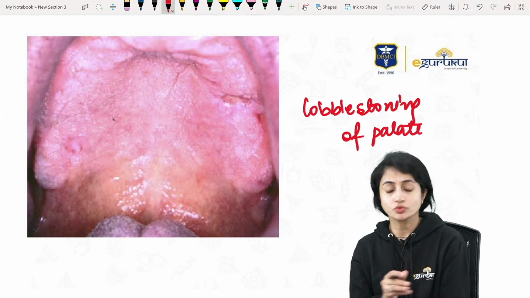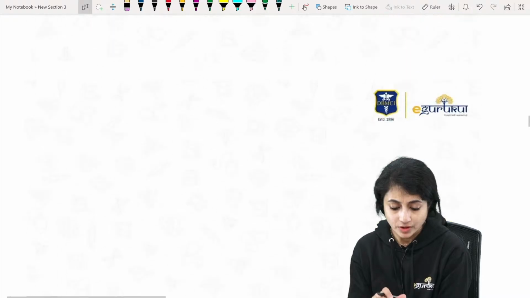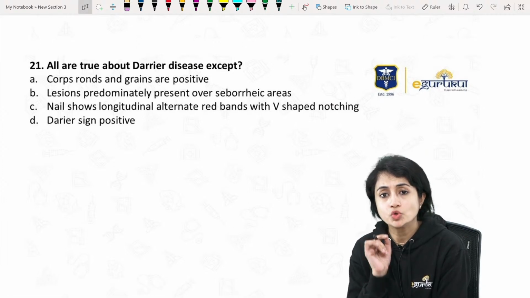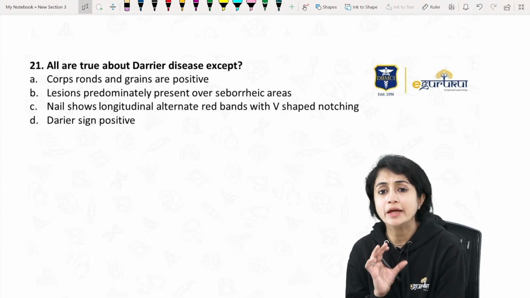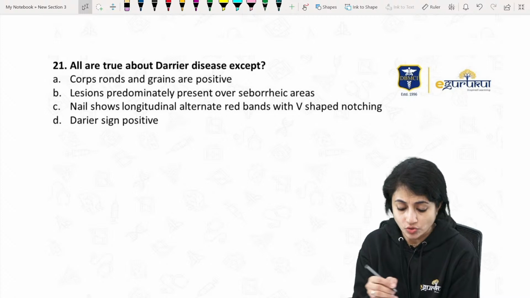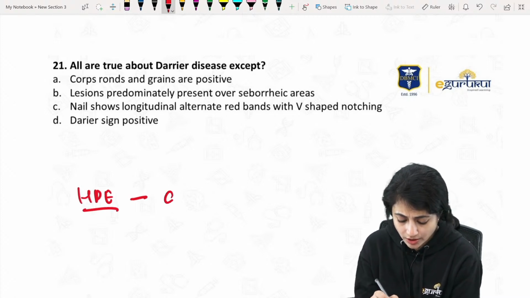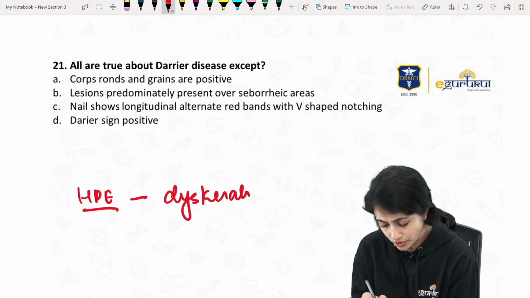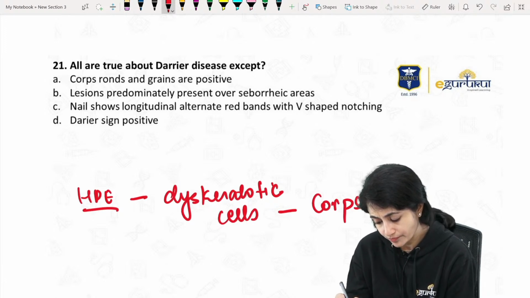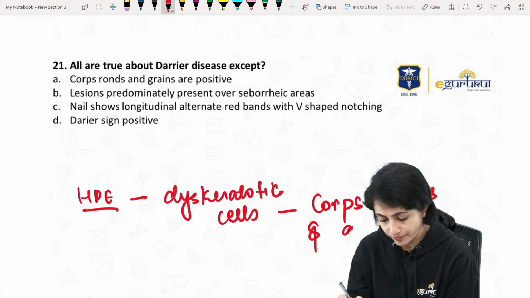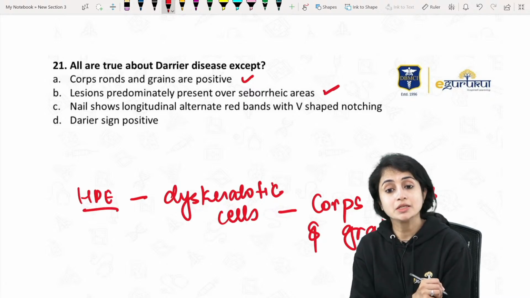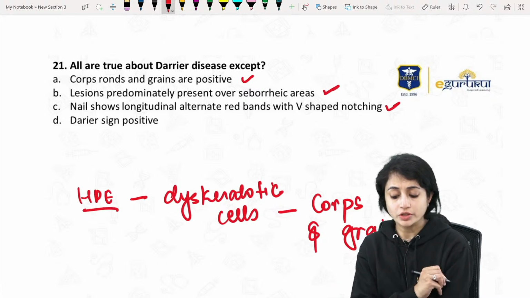You see this cobblestoning of palate. So these are all features of Darier's disease. Now Darier's disease, if you do a histopathology, you see certain abnormal dyskeratotic cells which are called corps ronds and grains. So yes, corps ronds are seen, lesions are predominantly seen in seborrheic areas, and nails show alternate red and white bands